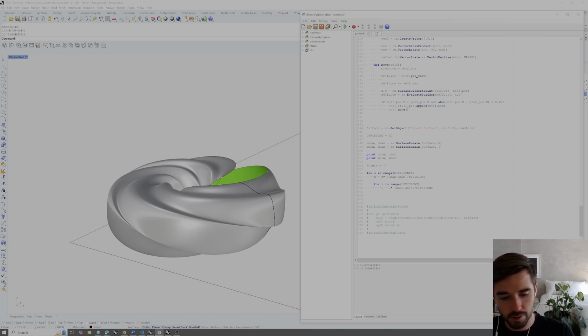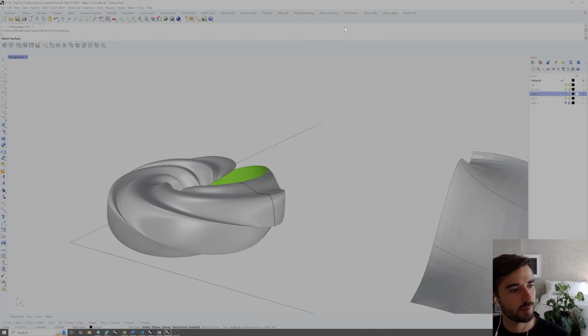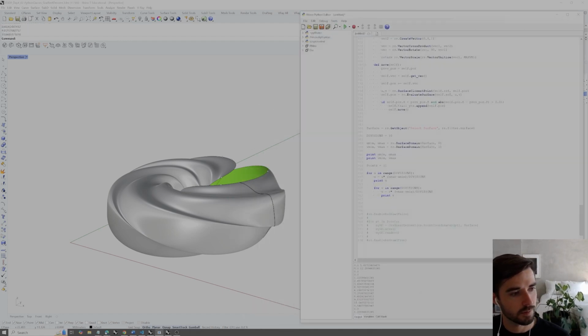V equals V times (V max minus V min) divided by divisions. So this gives us the incremental steps, and we can print each one. So print U, print V through each of these divisions. So it gives us basically chunks of parameters that separate our total domains for the surface. So if we hit play, select our surface, first it gives us the total domains, and we can see the